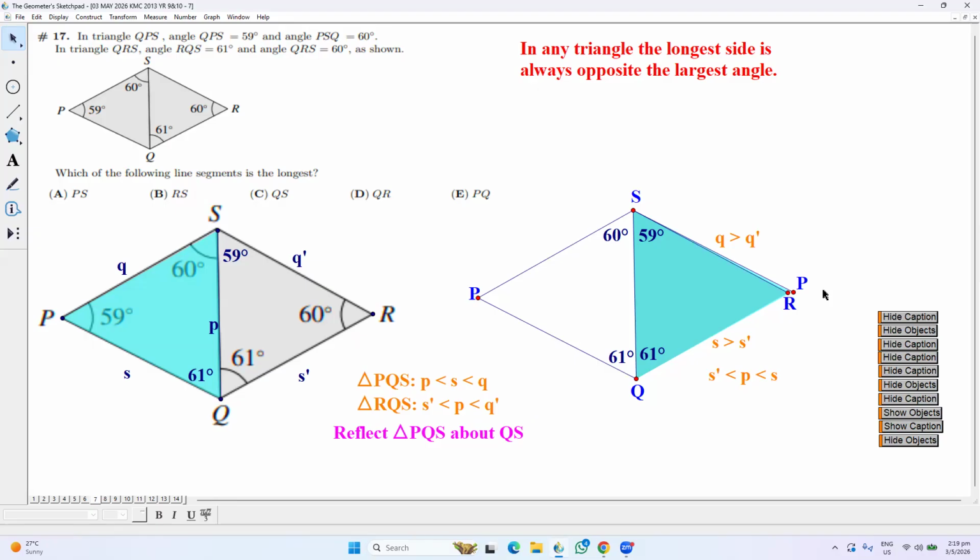And another confirmation is this 60 degrees, when flipped over, is bigger than 59. So the SP will be outside the triangle RQS. The line SP will be outside. So when it's outside, and then